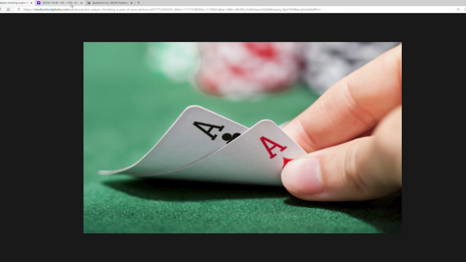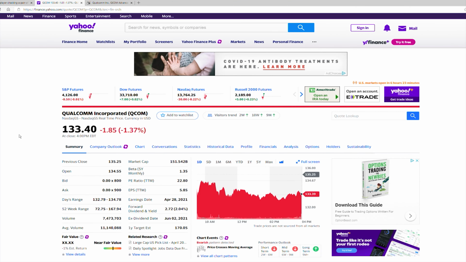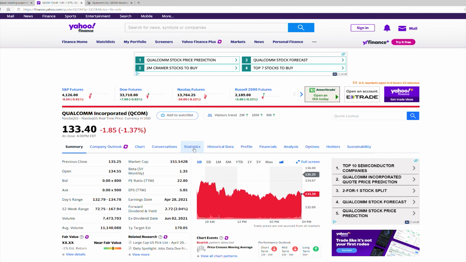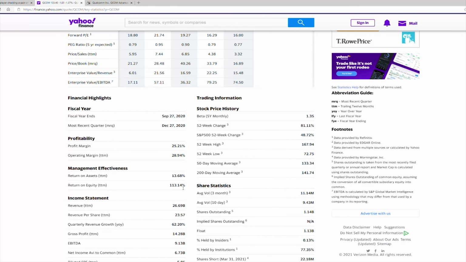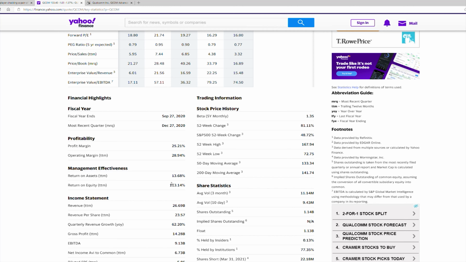First thing I like to do is check the statistics for a company. The company I have in mind here is Qualcomm. QCOM is the symbol. So I check the statistics, and I like to check on the return on assets and the return on equity. I like to make sure that it's 10% or more. After I see that it's 10% or more, then the next phase I go to is I check